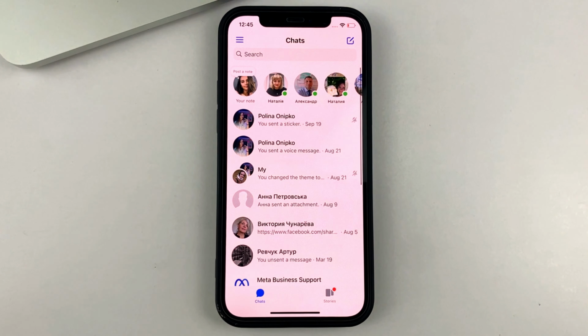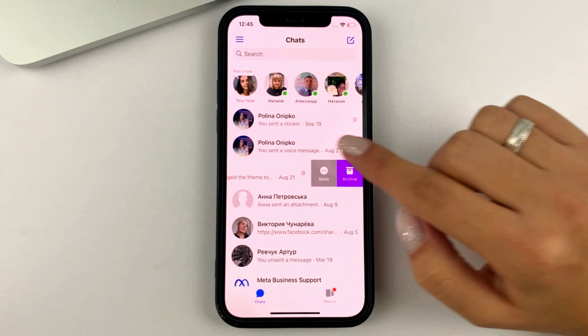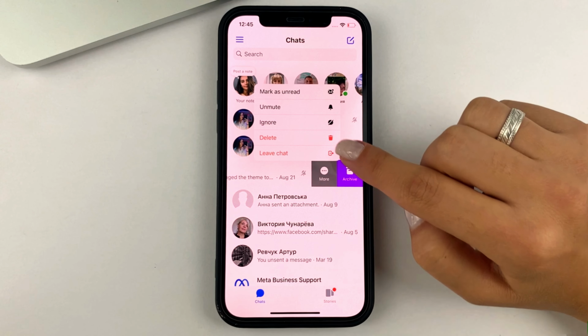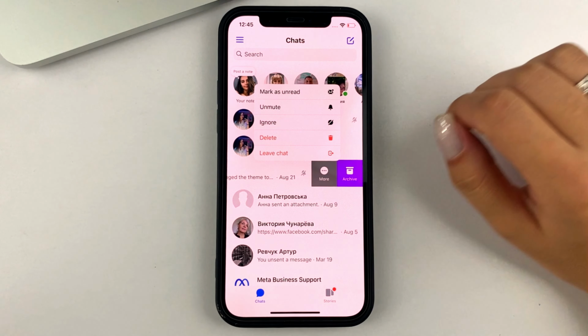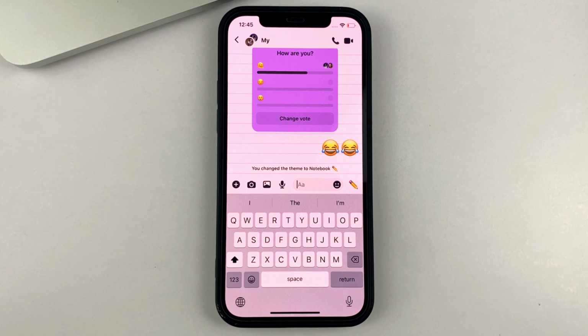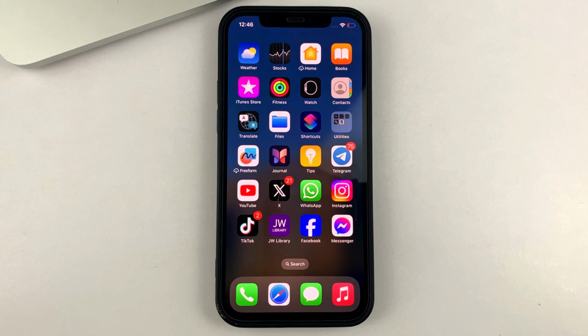And so the only way you can delete such a question is to swipe the conversation from the right side to the left side, and then tap again and select delete. In this way, friends, you will delete the entire chat and also this questionnaire that is in the chat. This is the only way you will be able to delete it. This is how you will be able to delete a poll in the Facebook Messenger app.